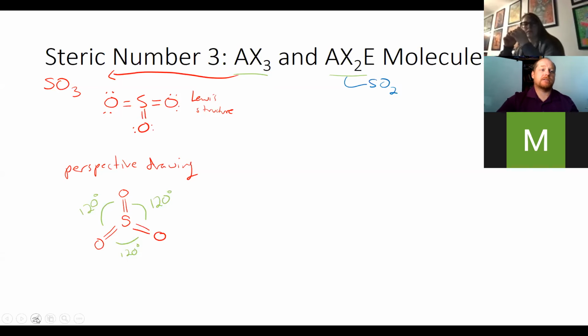A lone pair of electrons is also going to repel more. And so when we look at the SO2 molecule, if I just do the Lewis structure of that, we've got a sulfur, an oxygen, and an oxygen. Here we have a total of 18 valence electrons. And so with 18 valence electrons for the Lewis structure,